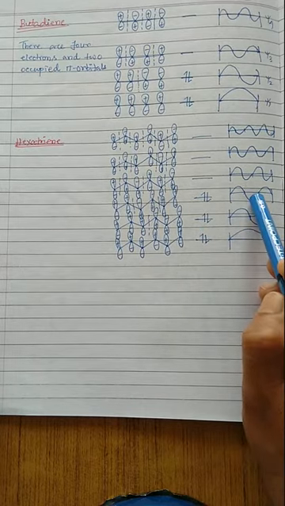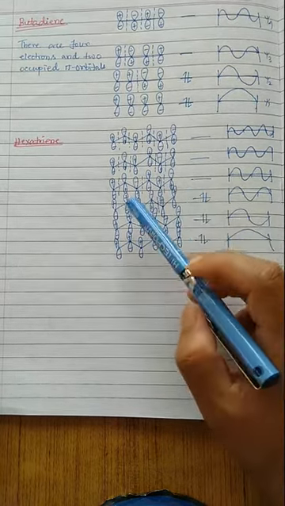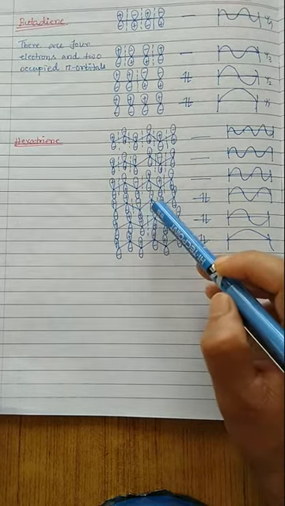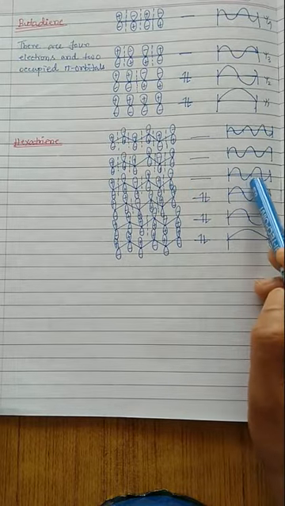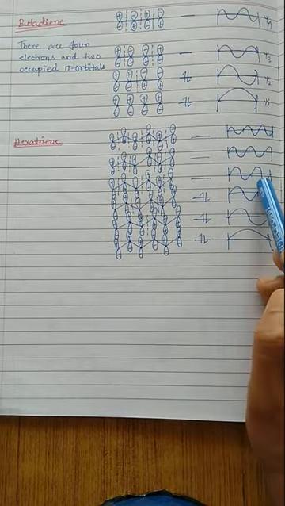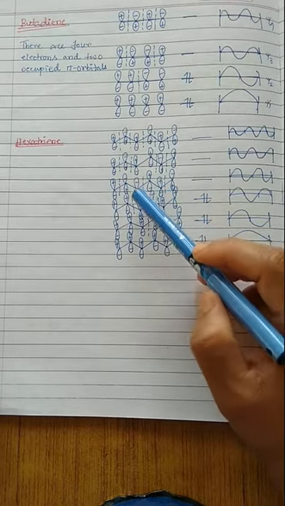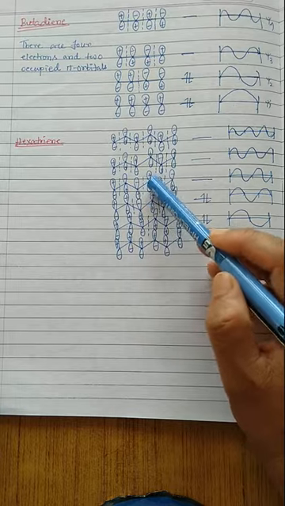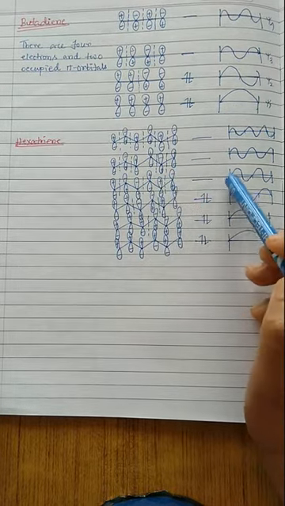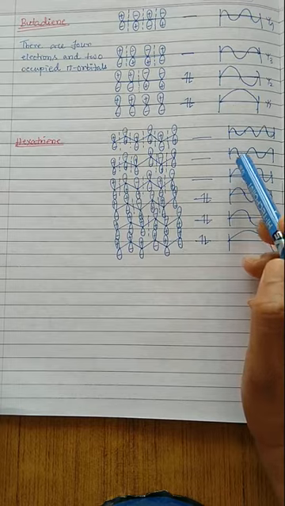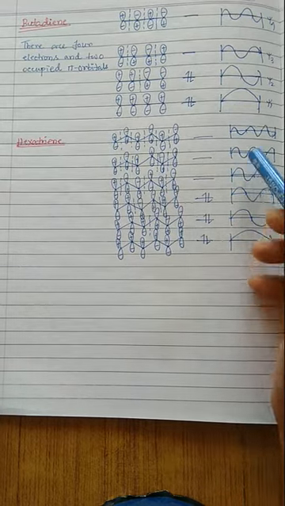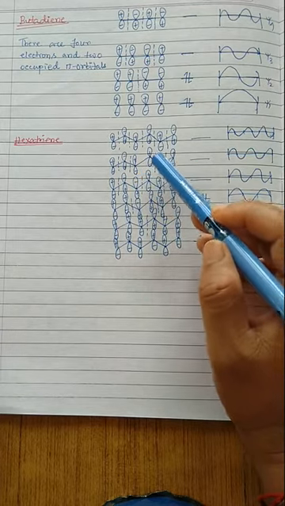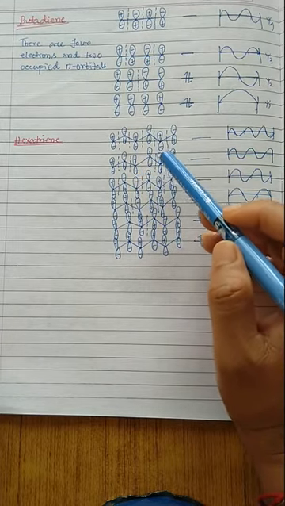And here you will find 2 nodes, so definitely 2 nodes means plus matches, minus will not match, again plus matches in this case, so 2 nodes here and here. In the third case you will find 1, 2, 3 nodes, so definitely 3 nodes are fulfilled in this way. Plus is not matched with the minus, then again this minus is not matched with the plus, and again minus, that means 3 nodes are fulfilled. And the fifth one contains 1, 2, 3, 4, total 4 nodes, so plus, minus mismatch, plus, plus match, then plus, minus mismatch, and then again minus, plus mismatch.